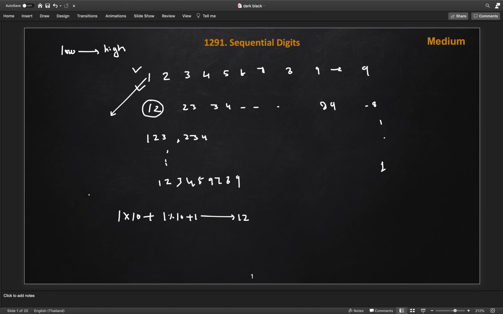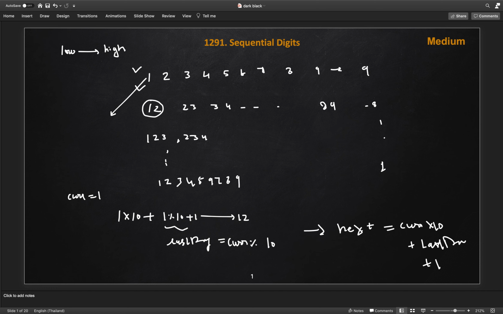So let's call the current number, which is 1, and its last digit is the remainder with 10 of our current number, which is current mod 10. So we can write the next number from our current sequential number as current into 10 plus last digit